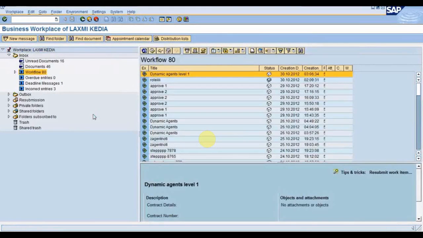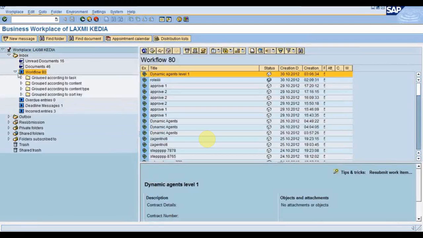In the workflow tab, let me tell you, Rajesh, you were just asking the question. In the workflow tab, all the items have been grouped into different categories, so you don't have to worry about it if it goes to the generic task. But if you are asking about the send mail step, then whenever that step is executed, whatever notification you get is in the document section, not in the workflow section.